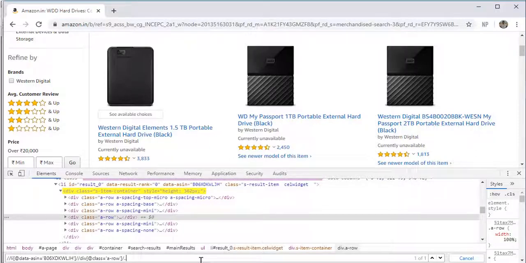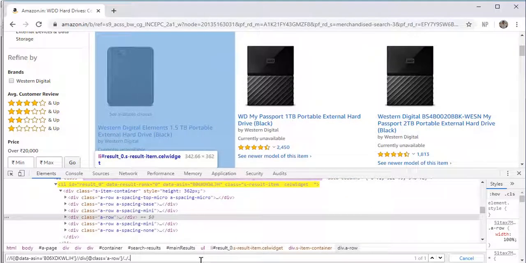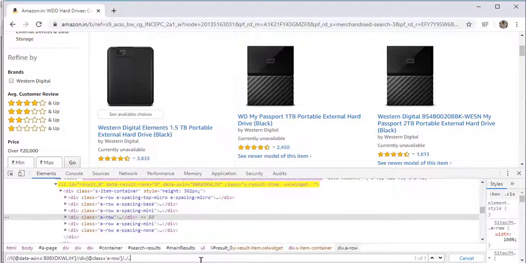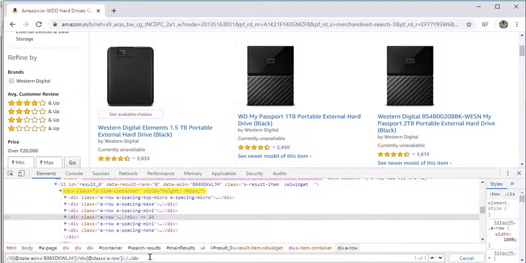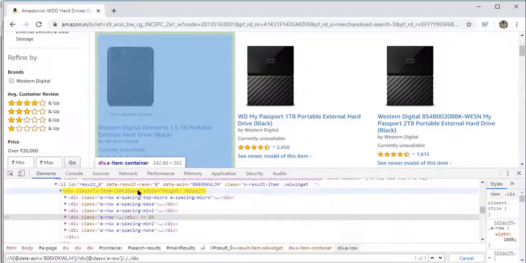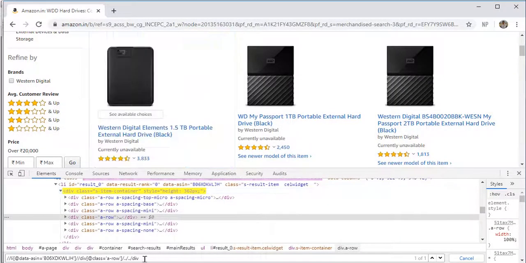Again, to go to its parent, give a forward slash and two dots, and it will go to its parent element. Again, suppose you click on the div, the next div will be populated, so you can get this div value and use it for your automation. This is one technique where you can traverse to the parent.